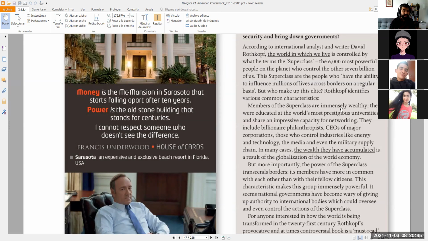So networking is somehow one of the keys to understand the essence of this superclass, according to the text. Networking is really, really important, and how those rich people get to know each other. So that's very important. But apart from that, guys, let me see if I can find it, because there is